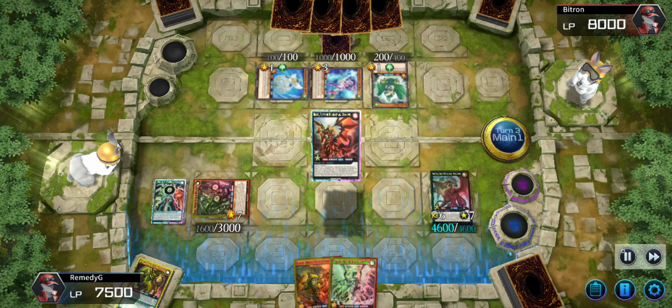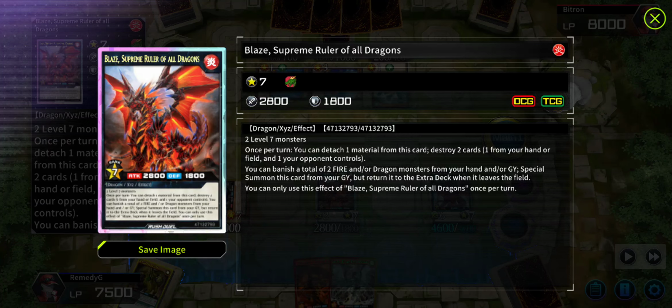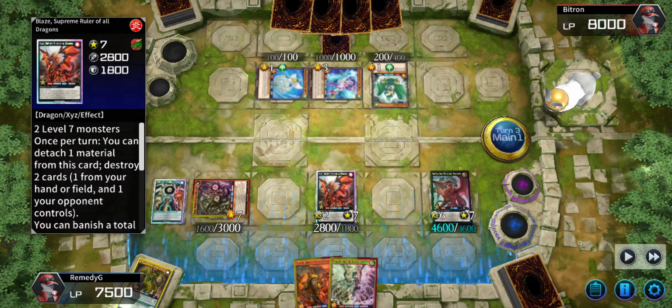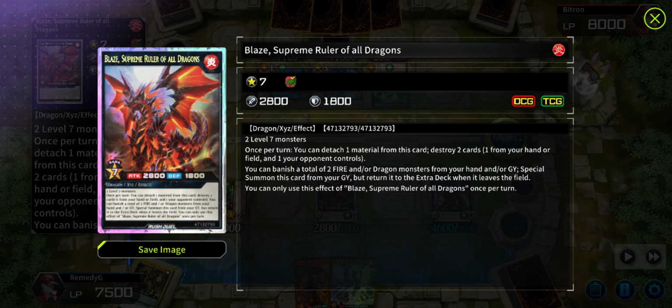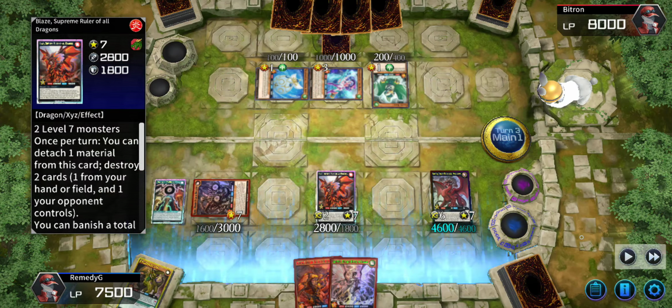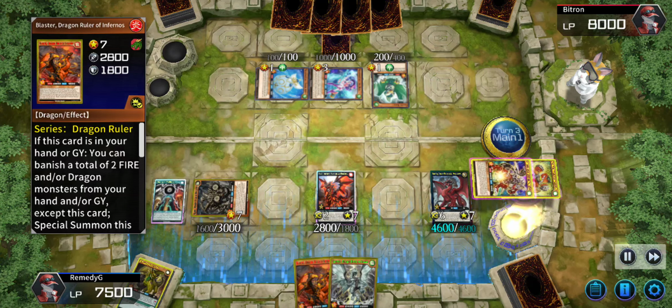Going into Blaze, Supreme Ruler of all dragons. That's how you know this is a Team Sam deck. Because apparently, and it's so weird, because I've looked up tons of different cards and effects before. Like I was trying to build a Red Eyes Dark Magician deck back in the day. And this is just one of those dragons that comes up when you look up generic rank 7 monsters. Anyways,